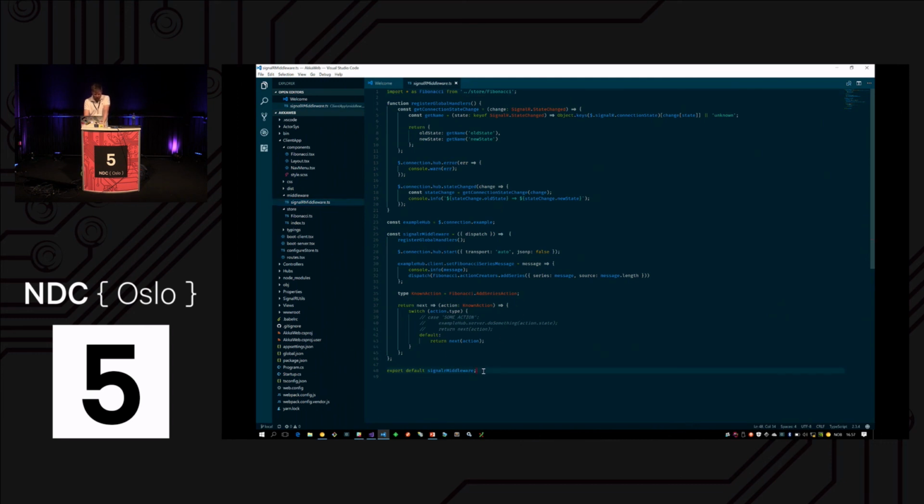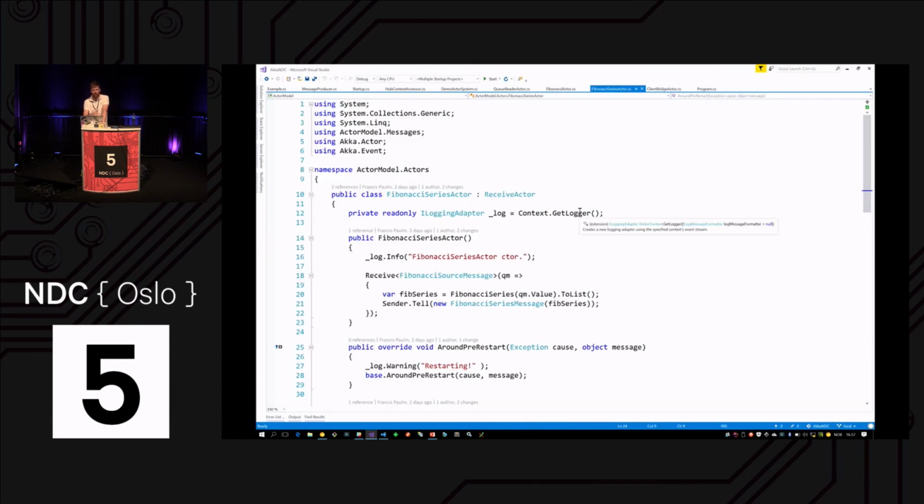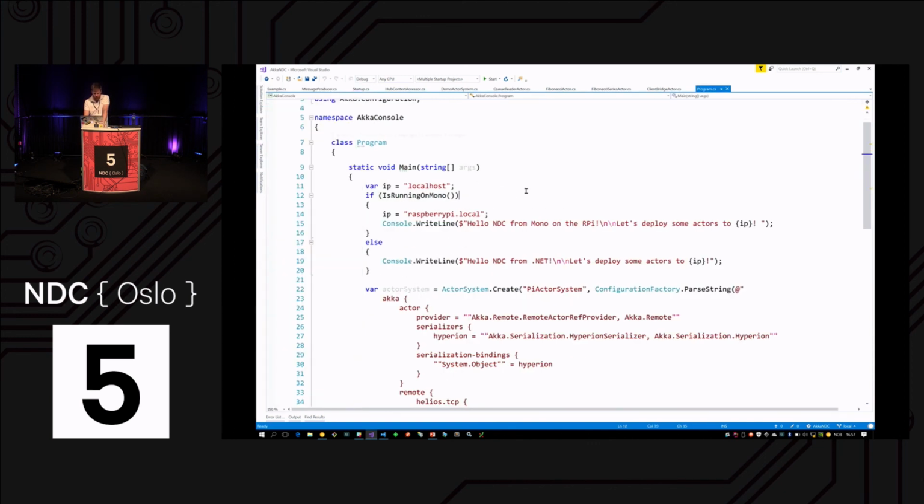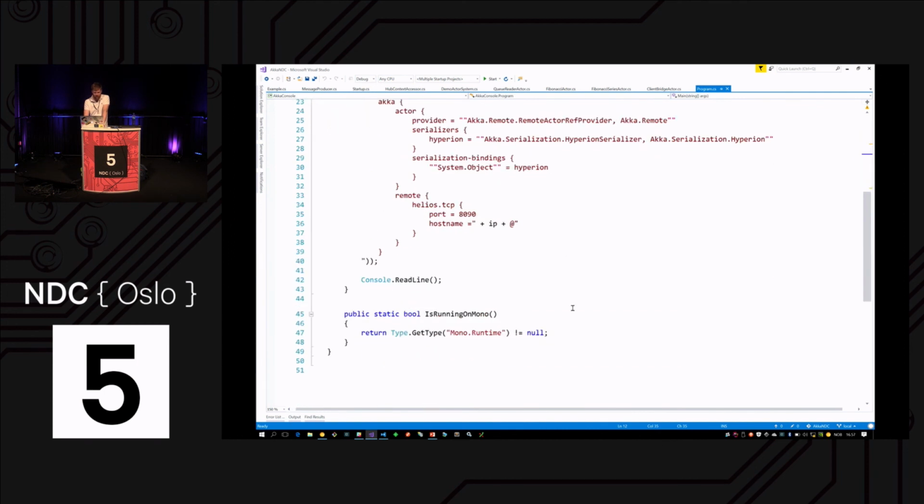So what else can we do here that's fun? We've now got everything running on one machine, which is cool. But what if we wanted to do our computation in a different process? We can start by doing it in a different process on the same machine. So if we look at this Akka Console here, which is what we'll use to host the process,